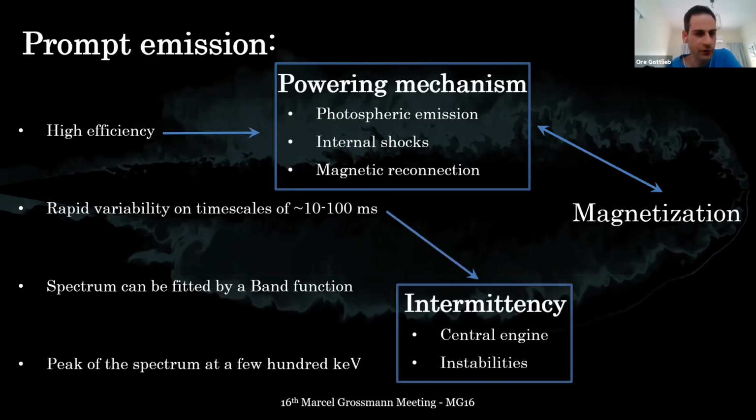The other characteristic that we focused on is the rapid variability of the light curve. This can emerge either due to central engine intermittency. If the central engine is not working continuously, then it naturally leads to the emergence of rapid variability in the light curve. Another possibility is that the jet is forming instabilities during its propagation in the dense medium, and these instabilities would later be translated to some variability of the light curve. And this again is related to the magnetization. The magnetization can tell us what type of jet launching mechanism it is, and therefore it's related to the central engine activity. On the other hand, the magnetization can also lead to current-driven instabilities, or alternatively stabilize hydrodynamic-driven instabilities, and therefore it's also related to the variability of the light curve. So